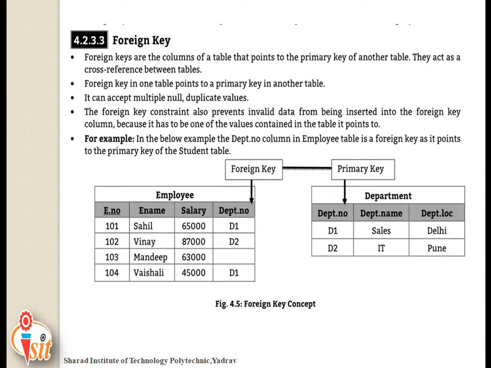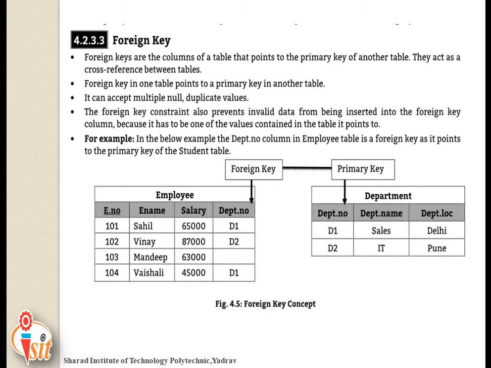That's why in the employee table, the foreign key is department number. That column points to the primary key of another table. In the department relation, the primary key is the department number column.